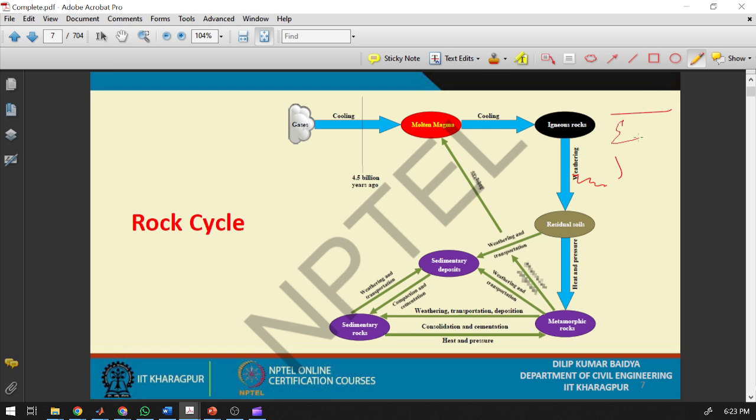So I have igneous rock that gets transformed into a soil. Now, due to transportation agencies like wind,